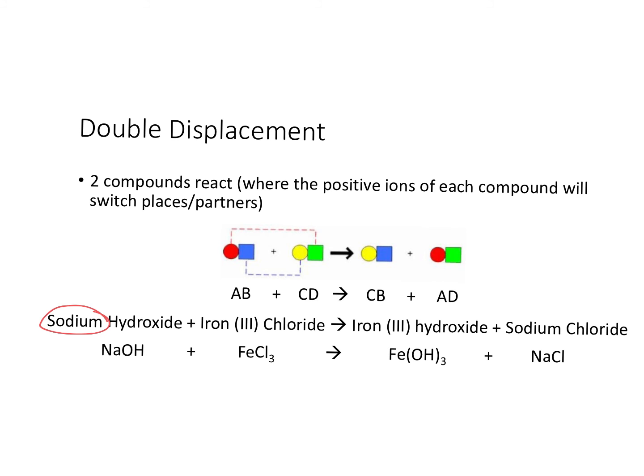So we have sodium bonded to hydroxide, but over here we have sodium bonded to chloride. So we've swapped partners. Similarly, over here we have iron bonded to chloride, and over here it's iron bonded to hydroxide. And so we've just swapped partners. Hydroxide initially was bonded with sodium, but now it's bonded with iron. Earlier, I talked about how negatives will swap with negatives, and positives will swap with positives, and that is still